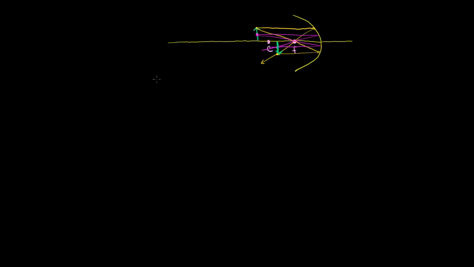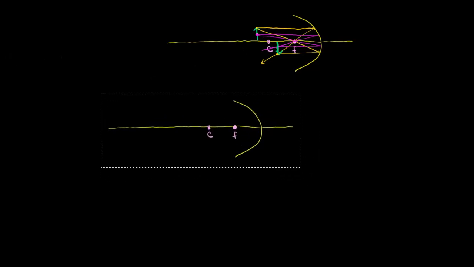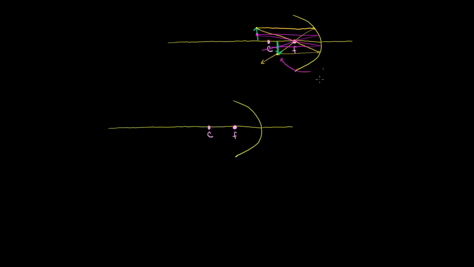Now let's do a couple more examples. So let me just paste my drawing so I don't have to redraw it. Let's see what happens. Let me write it. So here the image, just so we can keep track of things, is real and smaller than the actual object, when the actual object is beyond the center of